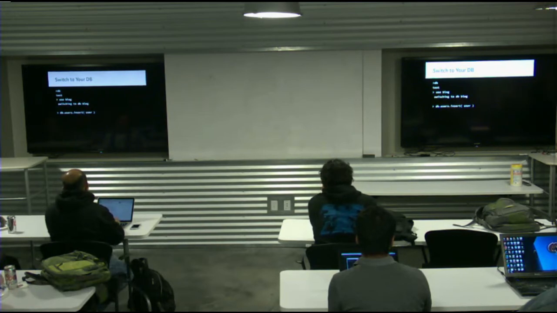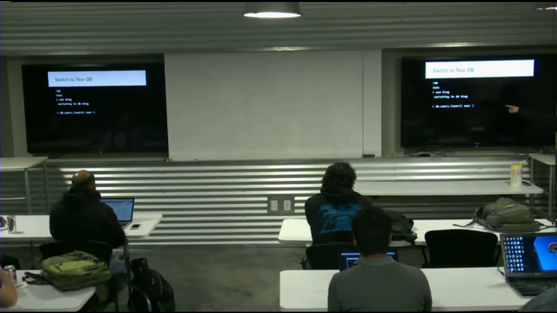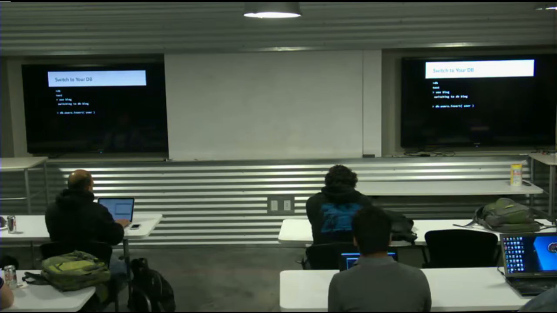Now, bear in mind, we actually haven't done any creation here. We haven't actually done anything outside the shell. So when I do this db.users.insert, what it's going to do is, inside the blog database, create a users collection and insert that first record. By virtue of running this command, what's actually happening in the background is the MongoDB process is creating the files in the file system. It's creating the actual memory mapped database files for the blog database, and it's creating this collection on the fly.